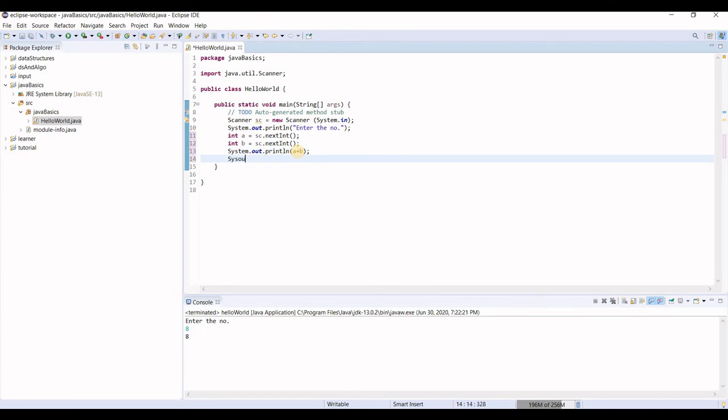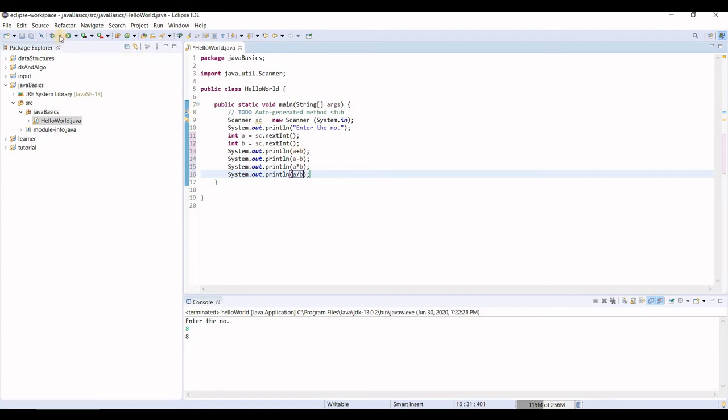Sysout a minus b. Sysout a into b, and sysout a by b.